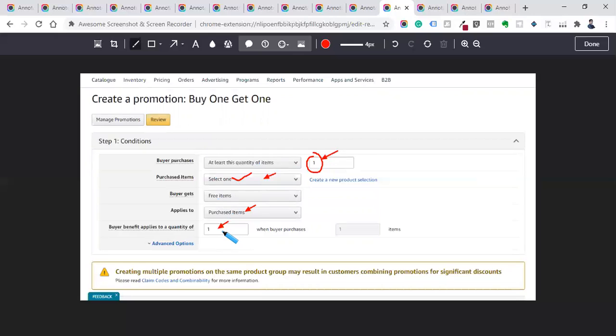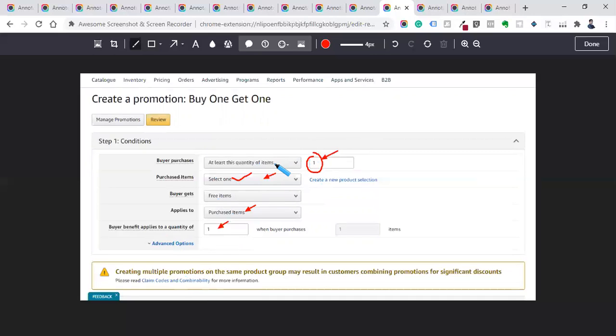For example, if you want to give an offer where 2 units are bought by the customer and you give 1, you will have to change here to two units, so that when somebody buys 2 units, they are going to get one of the same product.